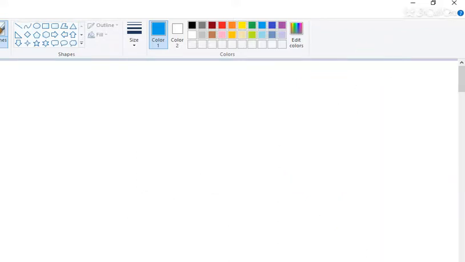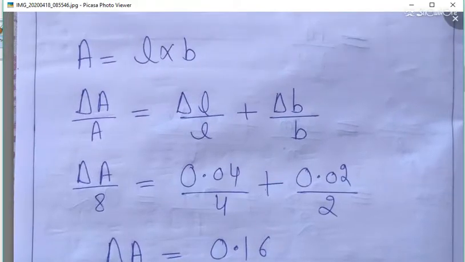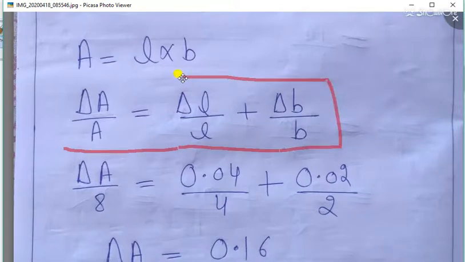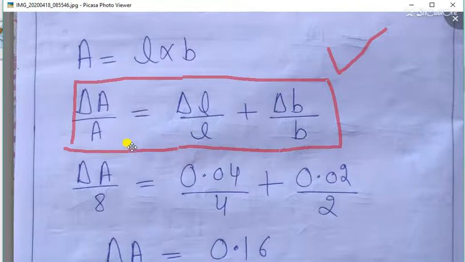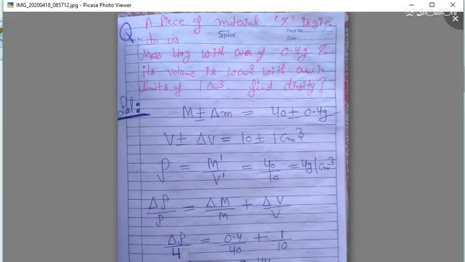So now we are going to the PDF again. I hope this question is clear to you. First you have to understand from where we get this relation, because in simple addition and subtraction we don't need this relation, since the same term will cancel out on the left and right hand sides. But in the multiplication case we have to divide both sides by an expression like a or v, and then we need the relative errors. I will discuss one more question of a similar type.